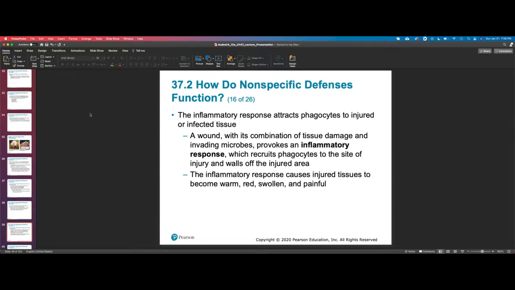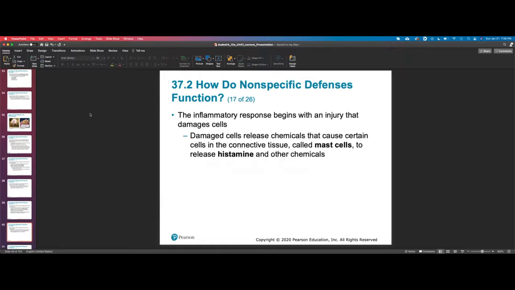Part of that is going to be redness and tenderness, and blood is going to rush to the area. Some of that will involve clotting factors as well to seal up the wound. Then you're going to have immune cells rush there to wall off the injured area as well as ingest those foreign particles that do arrive there.